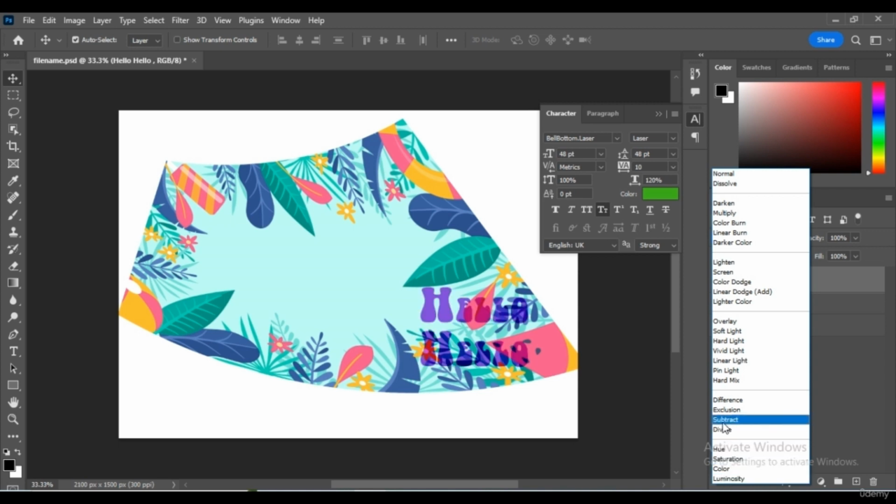Then subtract, as you can see right here, it will subtract the colors which is the darker value and increase the contrast. Divide. It will make the colors become brighter. It doesn't matter whether the text layer is whatever color it is, it just classifies to be white.